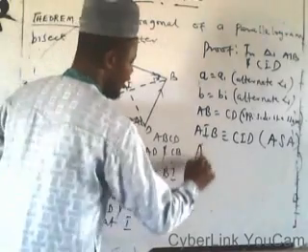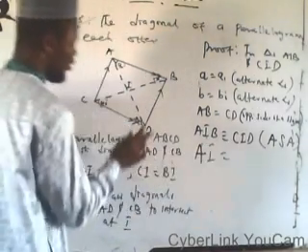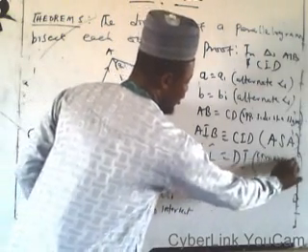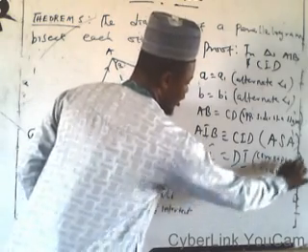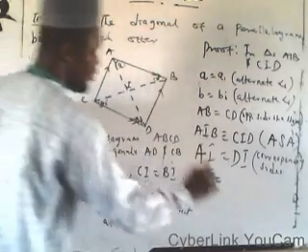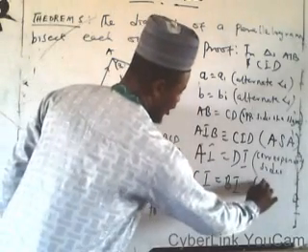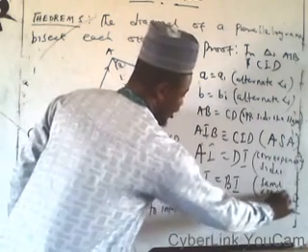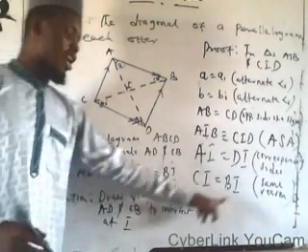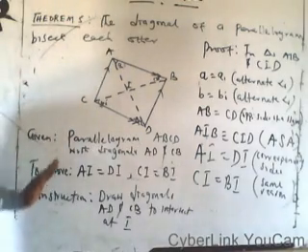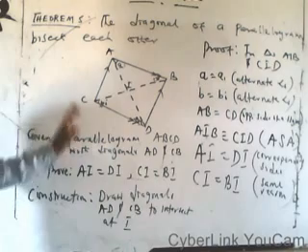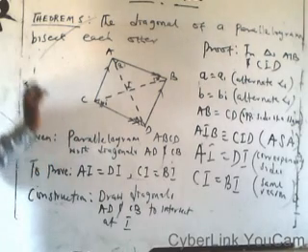So in that case, we can say that AI equals DI, because they are corresponding sides. And at the same time, CI equals DI, for the same reason. So AI equals DI and CI equals DI. So from here, we know that the diagonals of a parallelogram bisect each other,